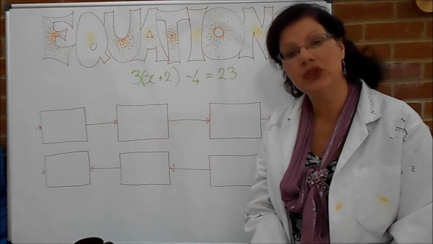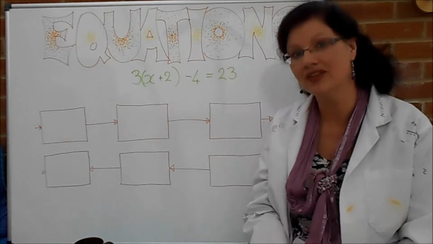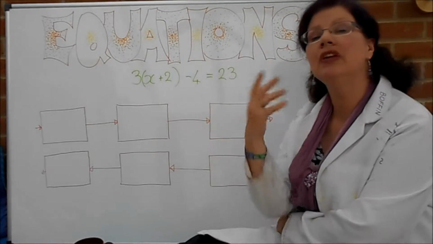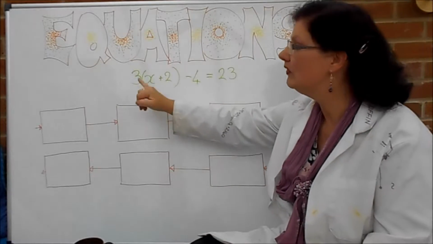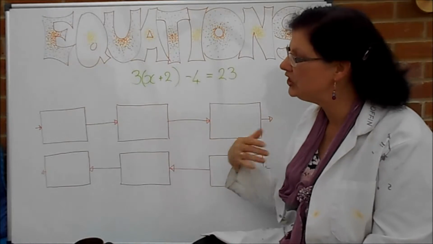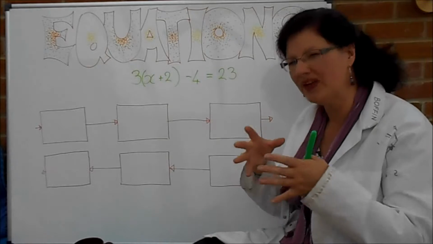We're using some 3-stage machines today to do the slightly more complex ones. Things like this that I've got written in green. Now we call this a 3-stage problem because there are 3 things that we're doing. We've got an add 2, we've got a times by 3 and we've got a take away 4. Okay? And the machine here helps us to sort out which way we undo them when we're trying to get